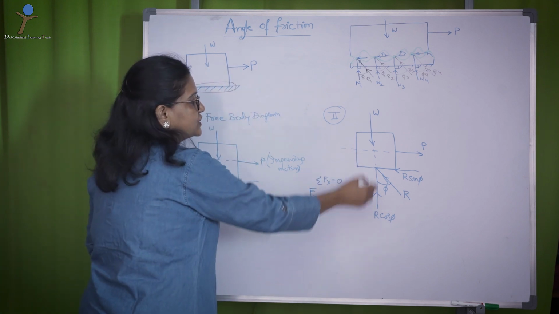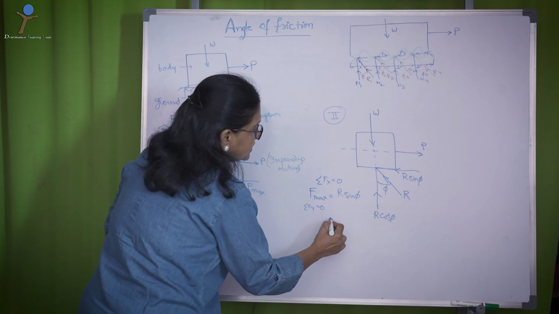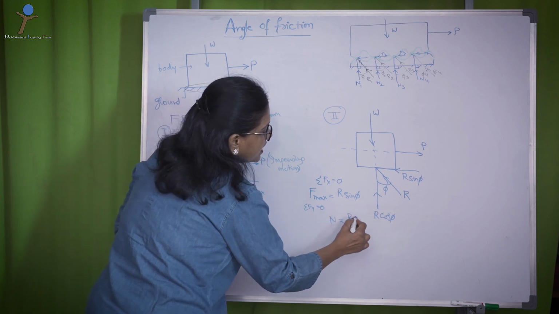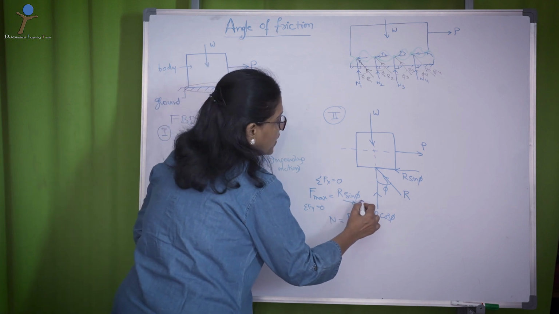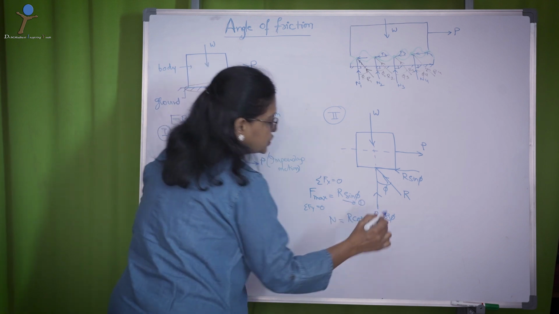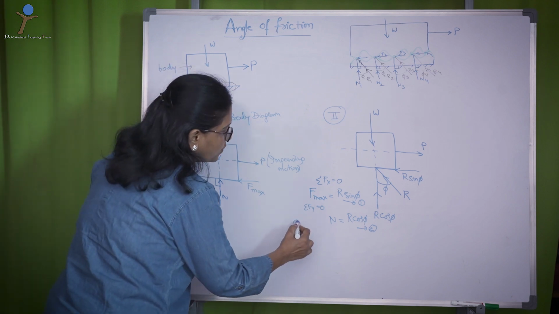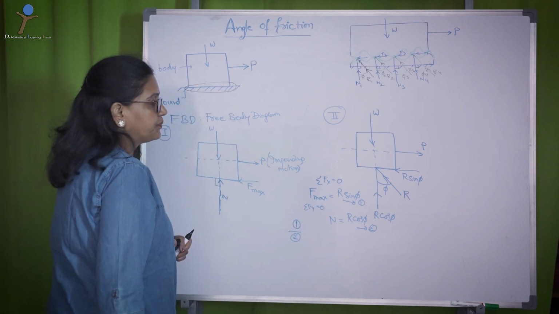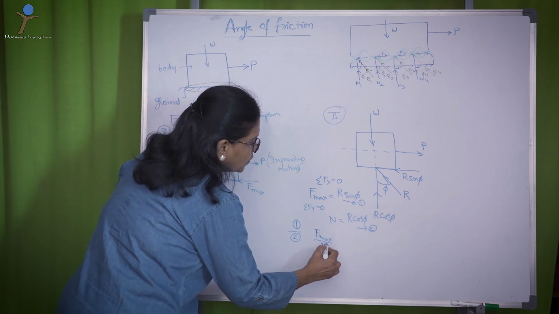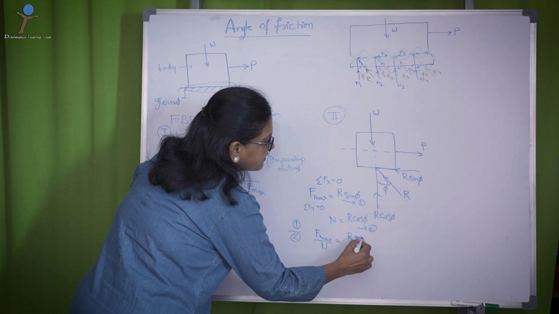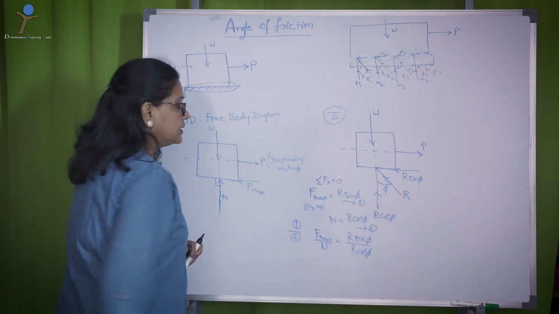Similarly, in the y direction, if I consider, N is equal to R cos phi. Let me say this is equation 1 and this is equation 2. Now, divide equation 1 by equation 2, that is F max by N equal to R sin phi by R cos phi. That is,